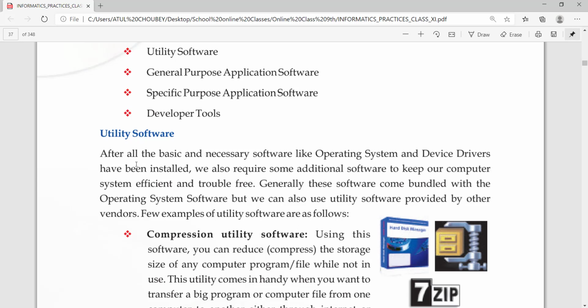So you will write the definition. Utility software is additional software to keep our computer system efficient and trouble free.